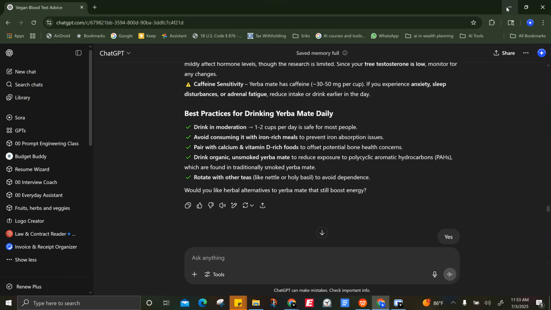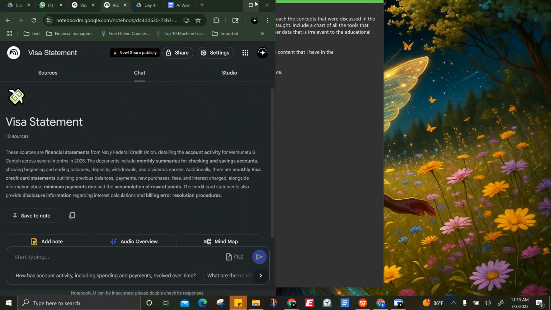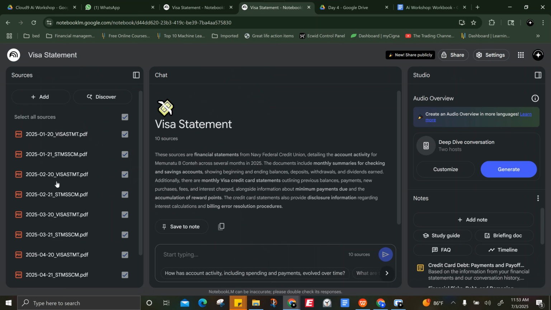Now with Notebook LM, it's completely free. You can add a lot of documents. So if I have a lot of medical documents, from 20 years ago until now, and I want to put them all up, I wouldn't say you can put all of them, but it can take a whole lot. So that's the benefit. It's free and it can take a lot more documents in one notebook. But the limit is that it doesn't really pull much more information outside of